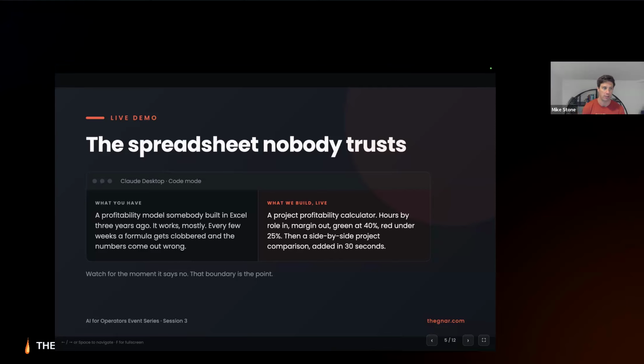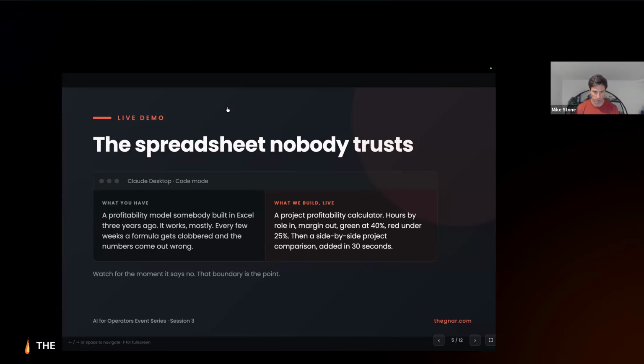Someone could accidentally edit a formula and all of a sudden our numbers are coming out wrong, or everyone on the team is kind of using a different flavor of this, so nobody trusts one completely. And so what we'll be doing is taking that scenario and replacing that with a Claude artifact.